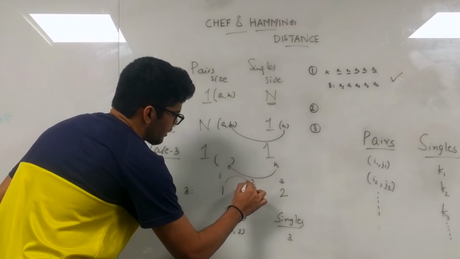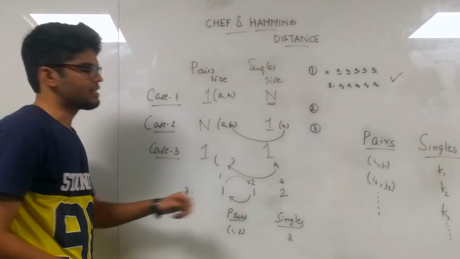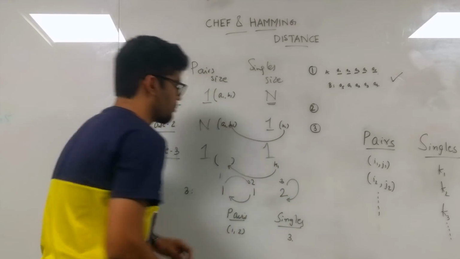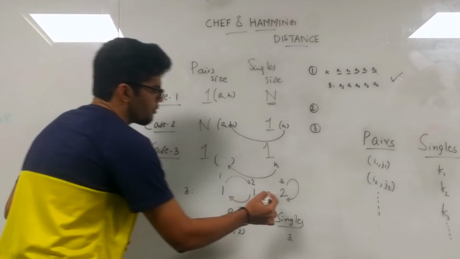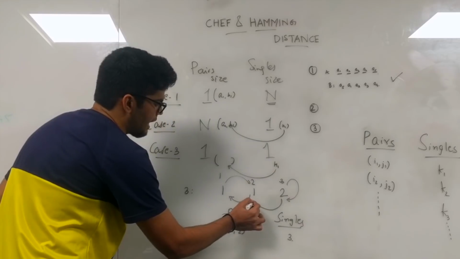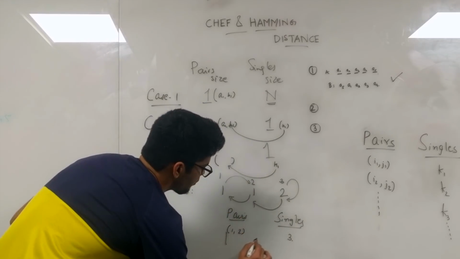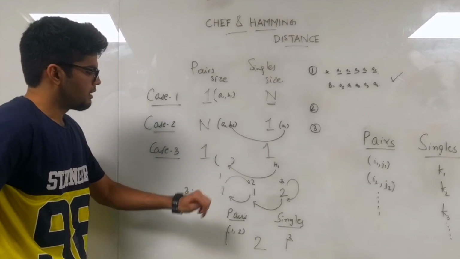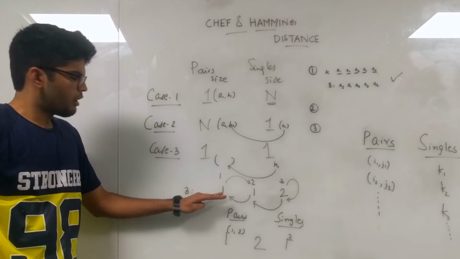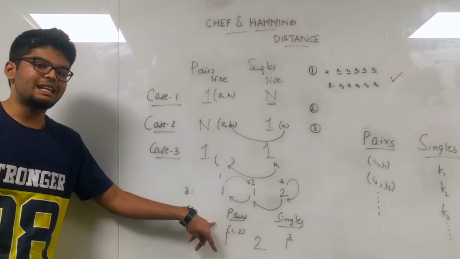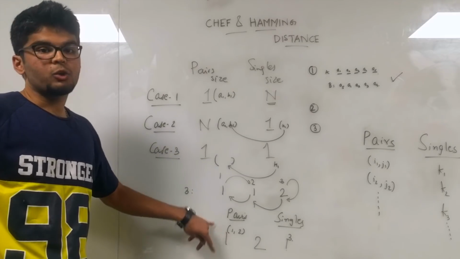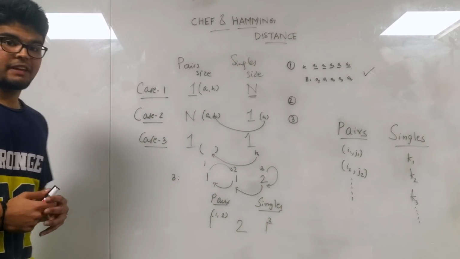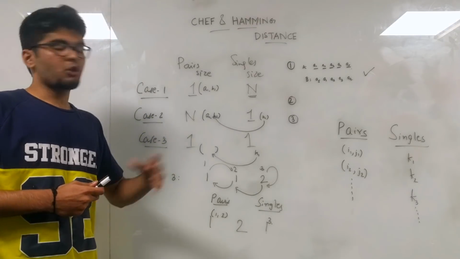So let's just run through our algorithm here. What happens if we swap? It just stays at the same place. Swap. It just stays at the same place. So we can just swap this 2 with any of these elements, and what we arrive at is 1, 2, 1. This gives us the Hamming distance of 2 because there is always going to be one index wherein they are going to coincide. As we saw, this was a very interesting problem because we solved it via an ad